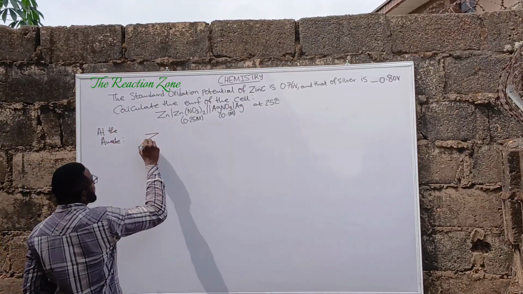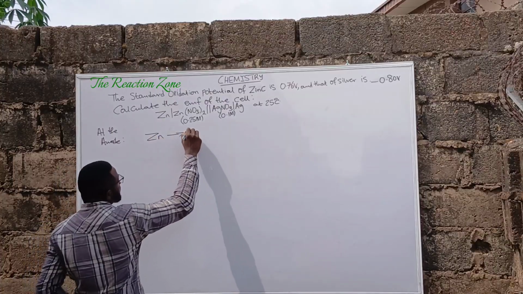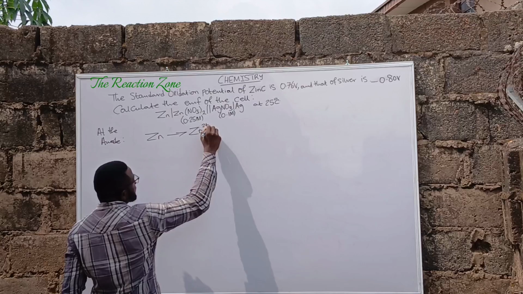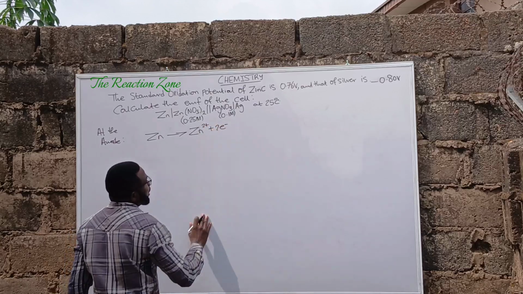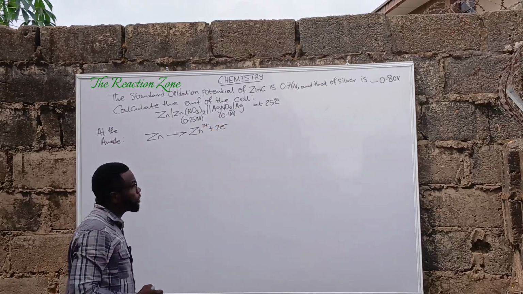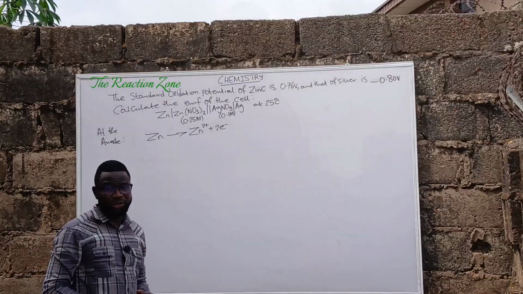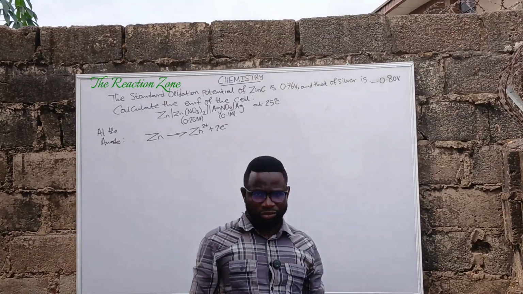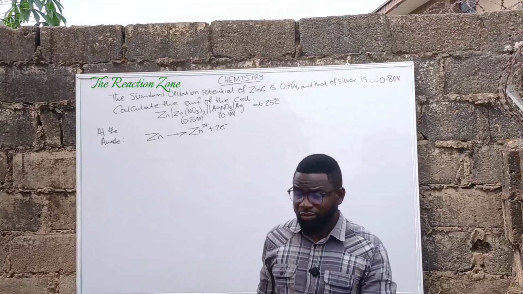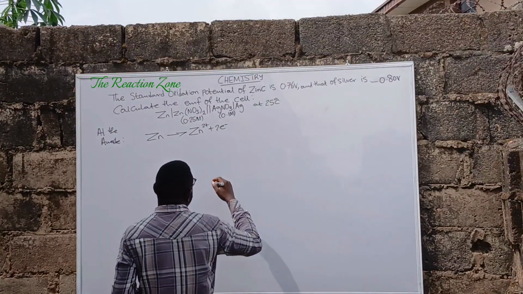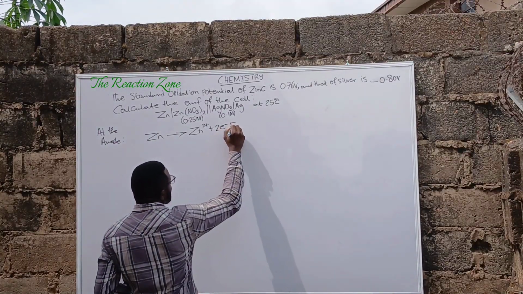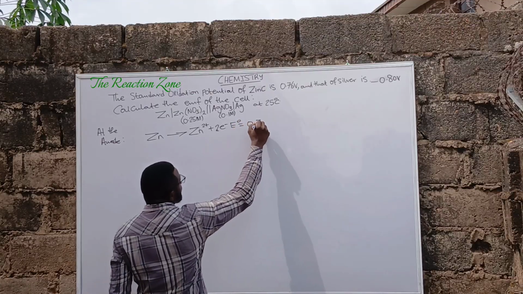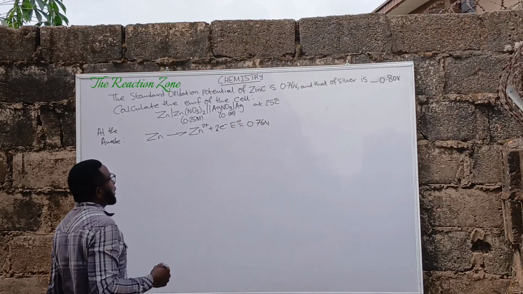the equation is that zinc loses electrons to give Zn2+, and we've been given the oxidation potential of zinc to be 0.76 volts. Also, don't forget that in the galvanic cell, oxidation takes place at the anode. So, the oxidation potential for the zinc half cell is 0.76 volts. And then,